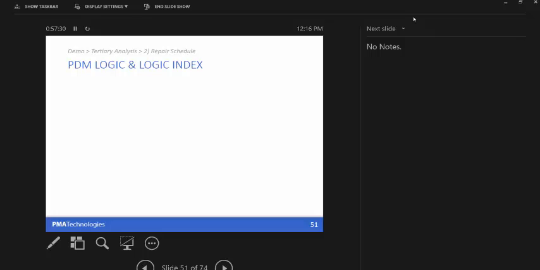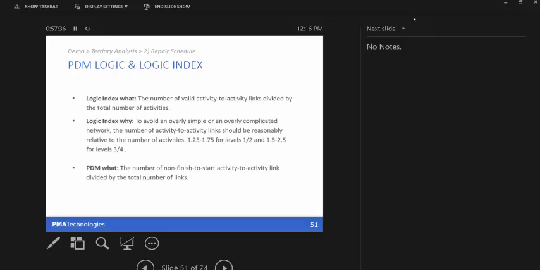The next one we want to look at, we're going to look at two simultaneously, PDM logic and logic index. So PDM logic, we're just talking about start to start, finish to finish links, essentially. And logic index is number of links divided by the number of activities. So those are in Well-Built. We can come over to our Well-Built tab